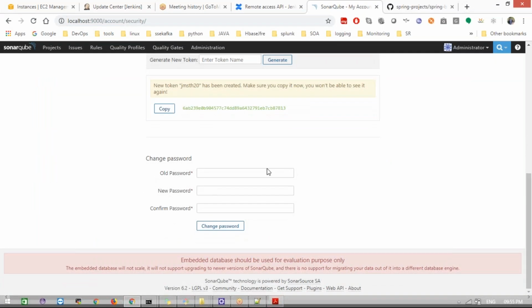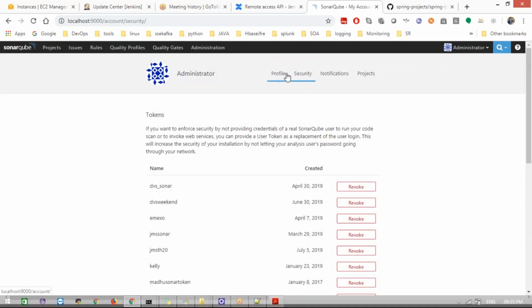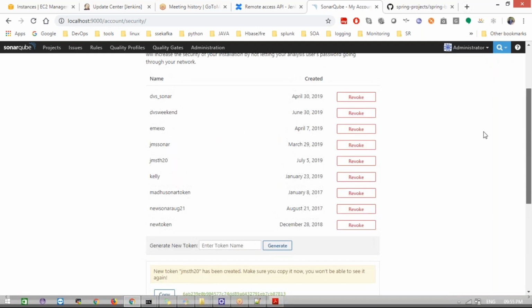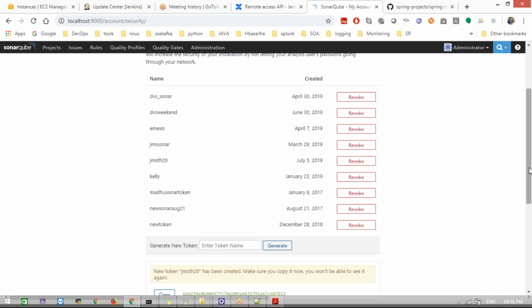It's done. If you want to change your default admin password, you can change it here. I don't want to as of now. Now how many keys were there earlier? Count here: 1 2 3 4 5, and the JMS one we just created. 1 2 3 4 5 6 7 8 9 should be there. Earlier it was 8, and now I created the 9th. For you guys it will be 0 earlier, so it should be 1 for you.